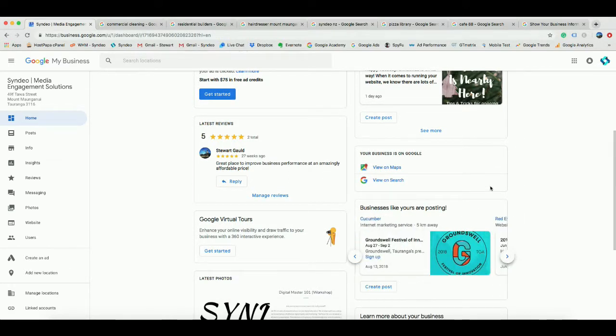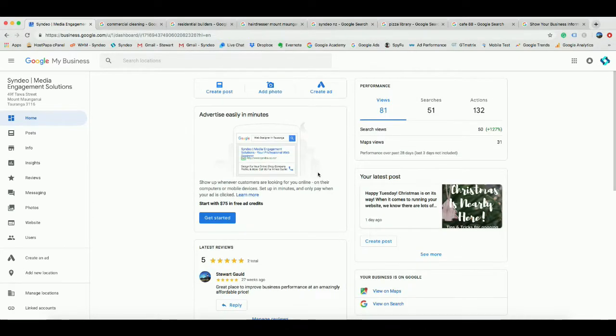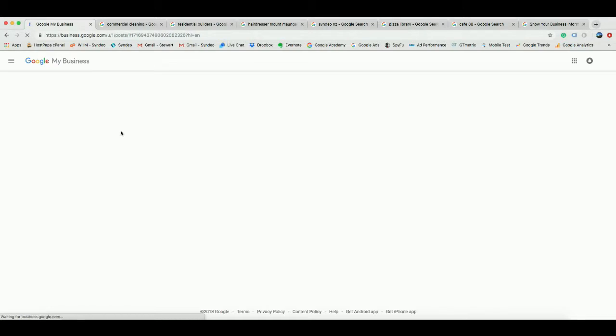And you can scroll through them and look at their posts that they're making. Now, if we move back over and navigate along to posts, this is really important to help with your Google My Business ranking,